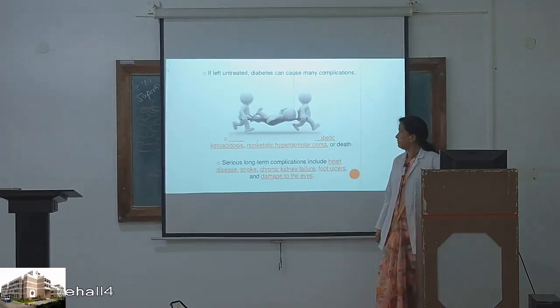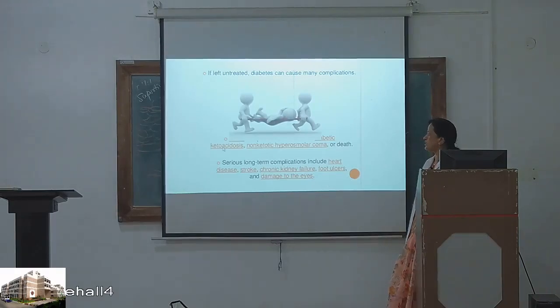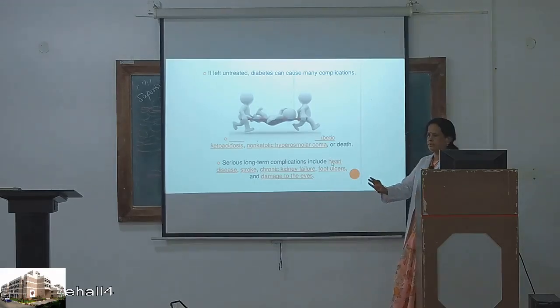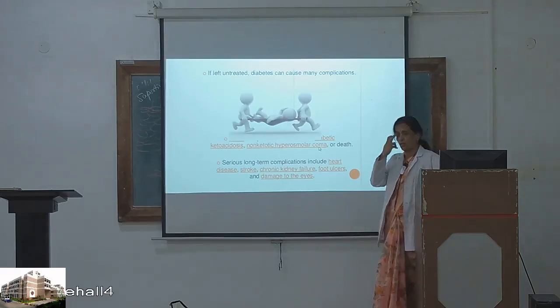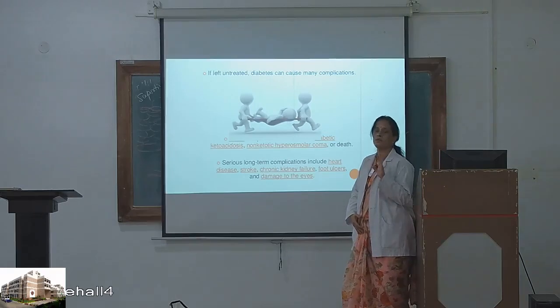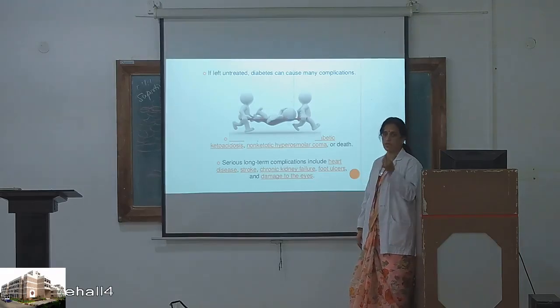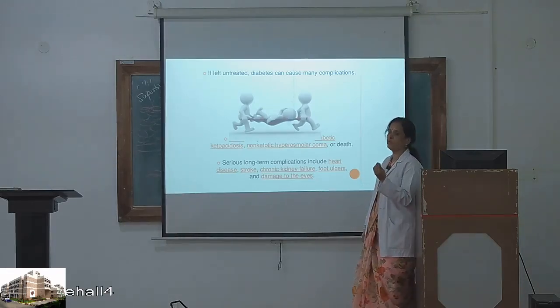Okay, so if untreated, what happens? There is diabetic ketoacidosis, non-ketotic hyperosmolar coma, or death. And serious long-term complications: it affects all the organs in the body, including the skin. This leads to heart disease, stroke, that is related to the brain, then chronic kidney failure, foot ulcers, and damage to the eyes. So, diabetic retinopathy. Once retinopathy occurs, nothing can be done. So, the earlier, the better. Patients with diabetes mellitus need to be under the care of an ophthalmologist frequently,